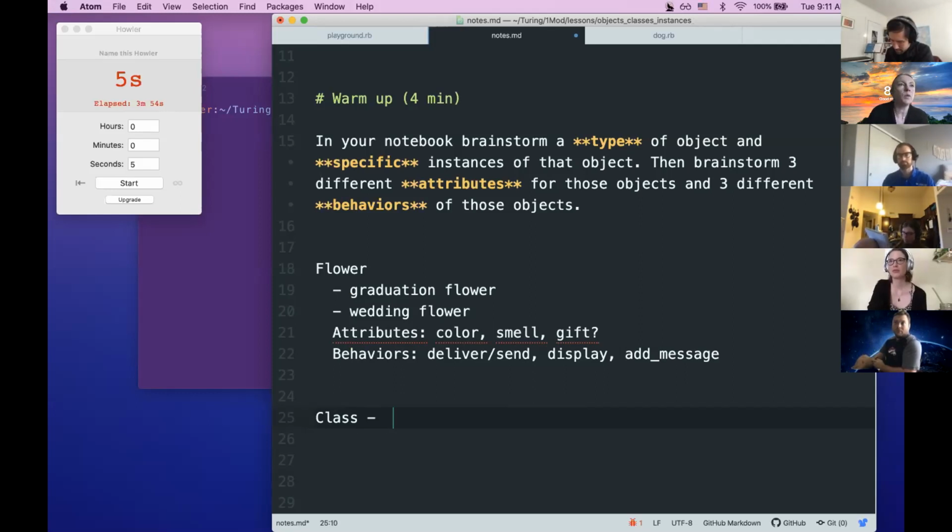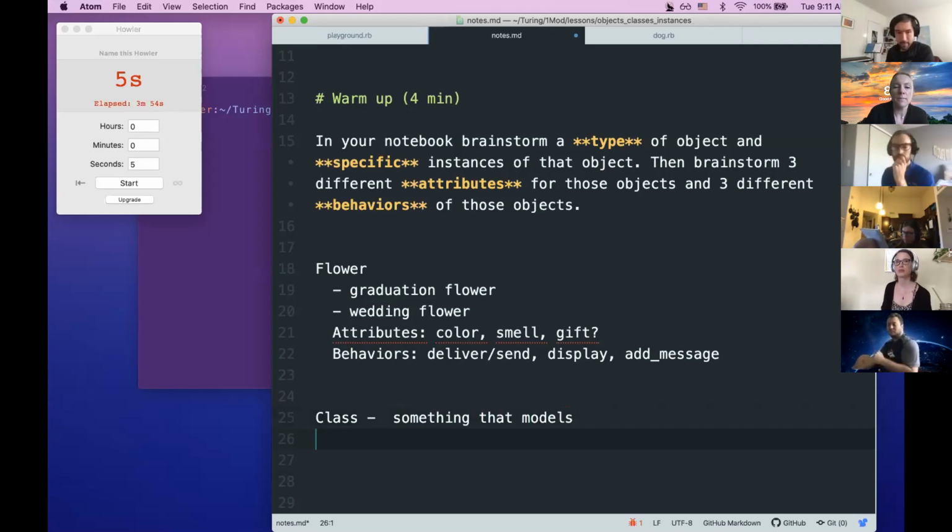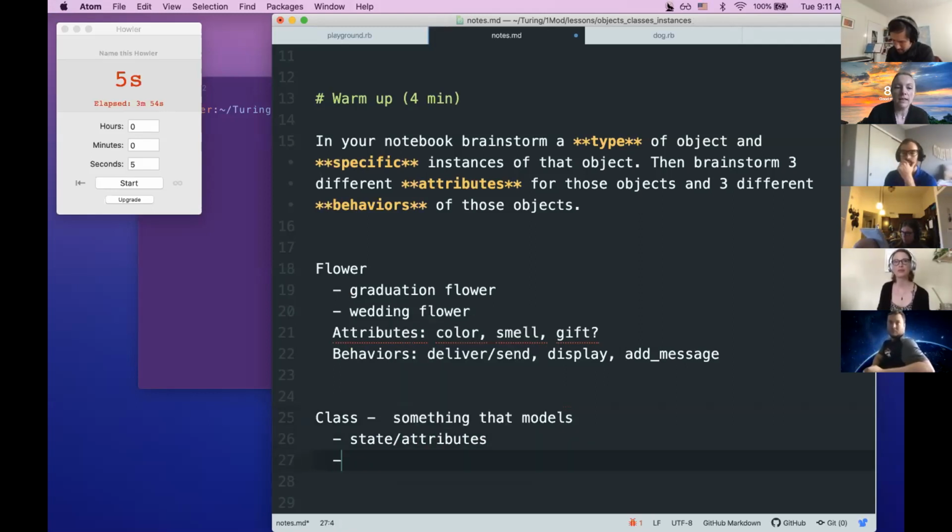So a class in programming is something that models state, which are like attributes, and behavior. State is what something is, like the flower is pink or is sweet smelling, is a gift, is not a gift. That is what state is, whereas behavior is what something does. Those are the actions. I think of the state as the nouns that describe it, and